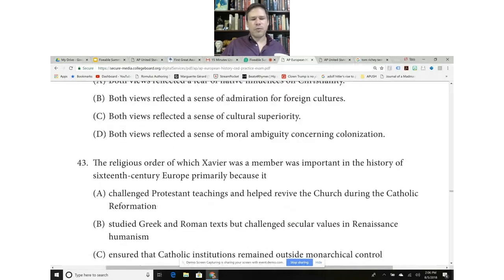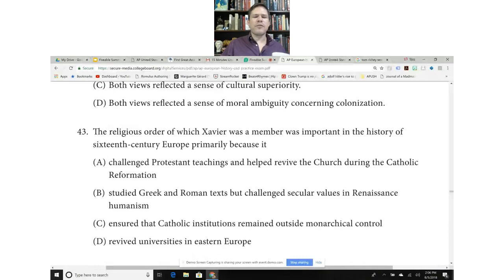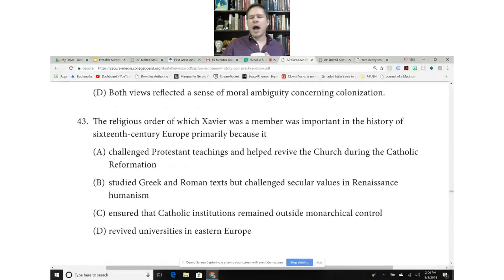So then 43, we see that there is no direct connection with the passage. He was identified as a Jesuit. So even if a kid didn't know who Francis Xavier was, and when I assign the readings on the Counter-Reformation and the Jesuits, what I'm doing this year is putting a column for students trying to make a 3 and a column for students trying to get a 4 or 5, kind of differentiating instruction depending on a student's goals. And I don't think, to get a 3, a kid needs to know who Francis Xavier was. Now, they do need to know who the Jesuits were. And so Xavier is identified as a Jesuit here.